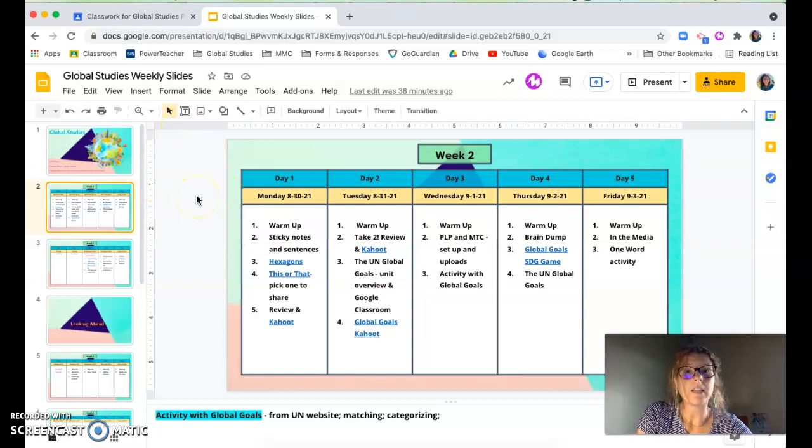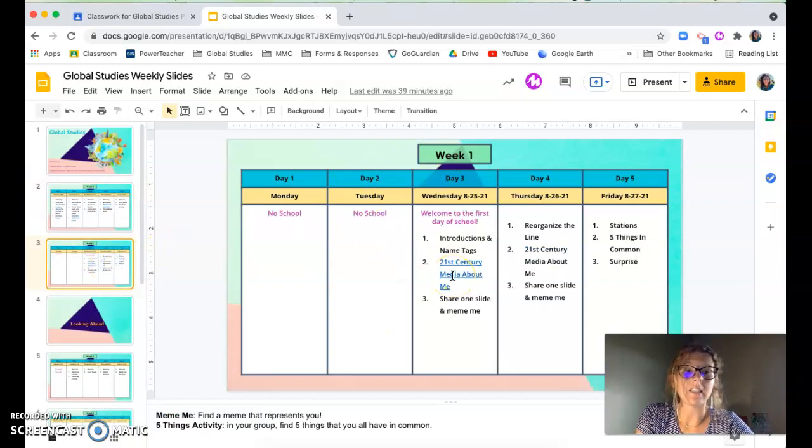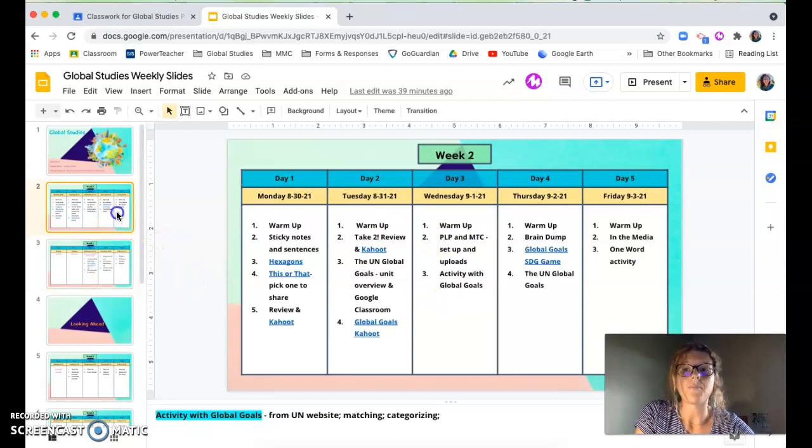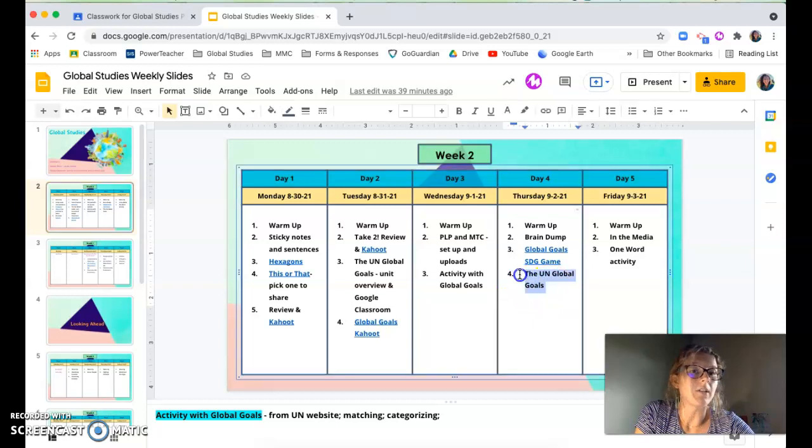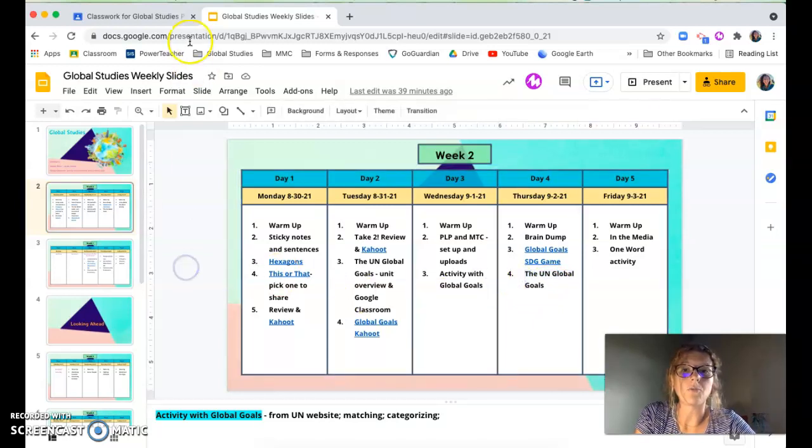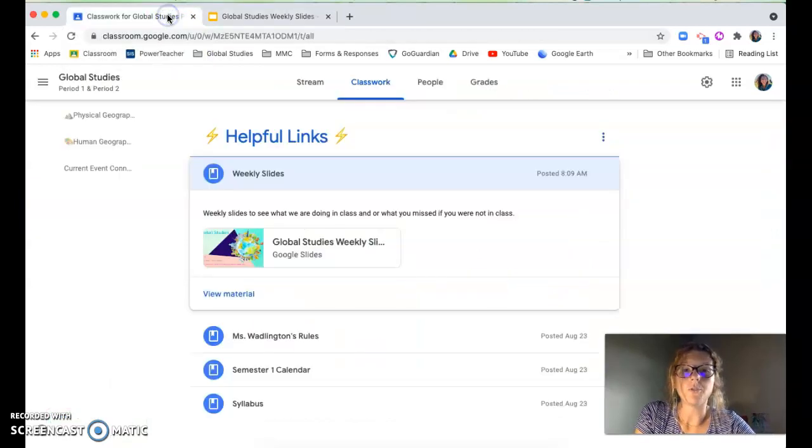This is a really easy place for students and you, this is linked in your email, to go if your student is needing some support in figuring out what they've missed or what they might miss. The current week will always be at the top, and then past weeks will be listed right below it. And so this will show what we've done in class, and then students can find things on Google Classroom. For example, the UN Global Goals is a document that will be posted on Google Classroom